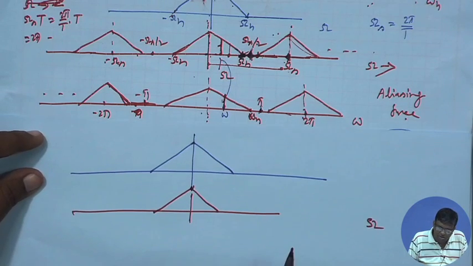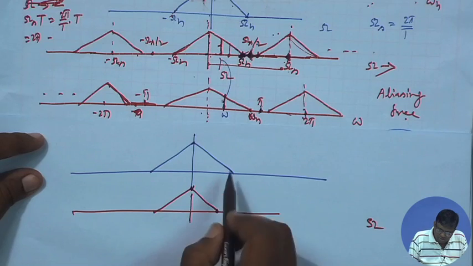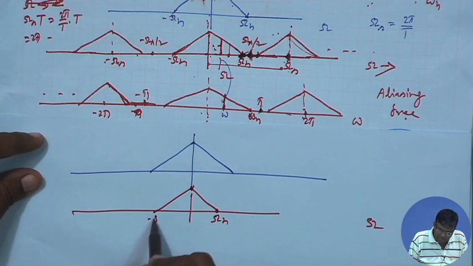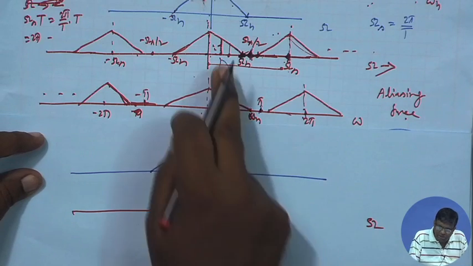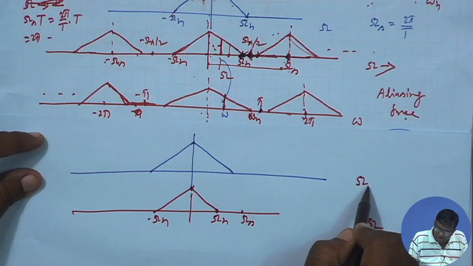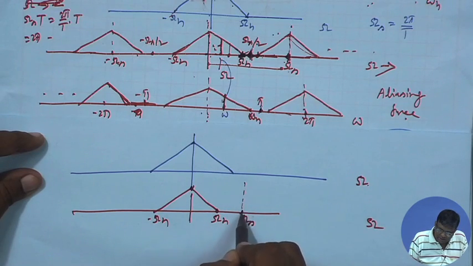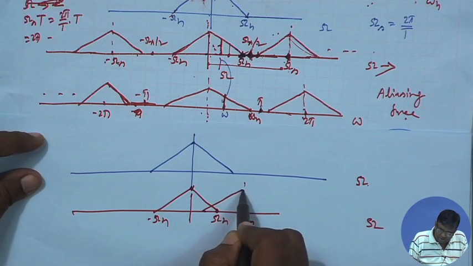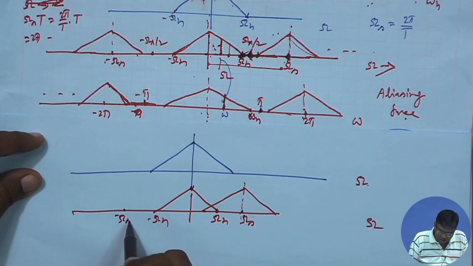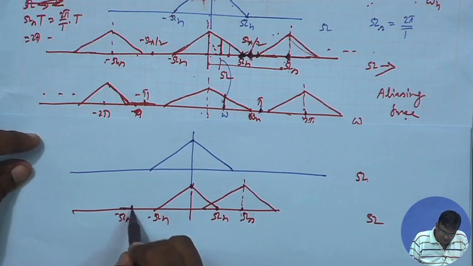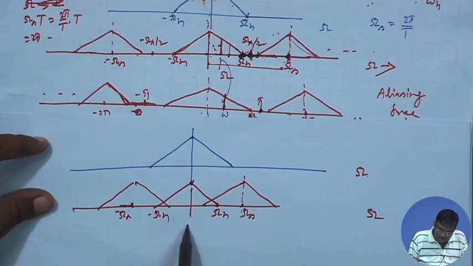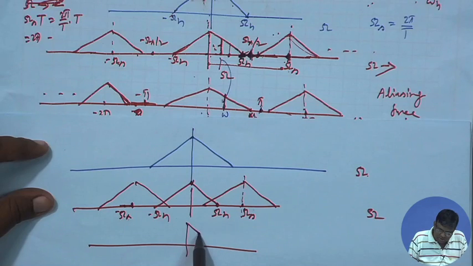First I am plotting this diagram, redrawing, but omega s is not that far. Omega s is suppose here. So, around omega s, the same thing will come, around minus omega s, same thing will come, and after overlapping it will become like this,